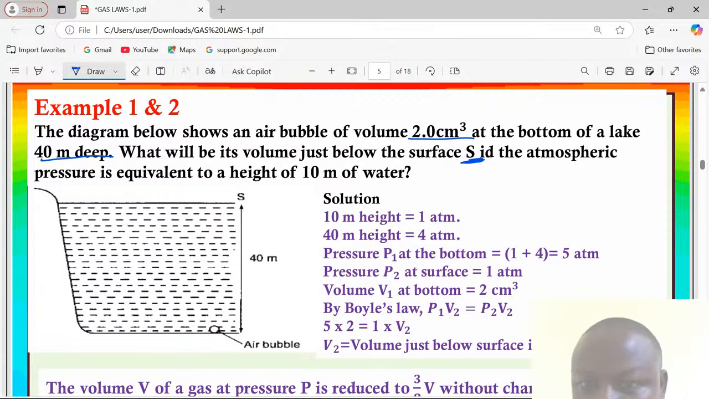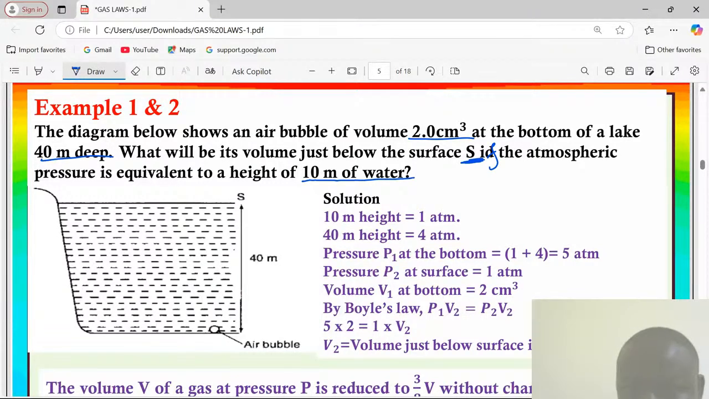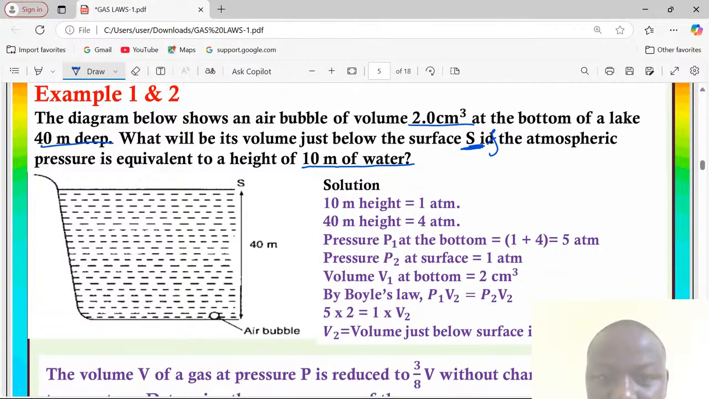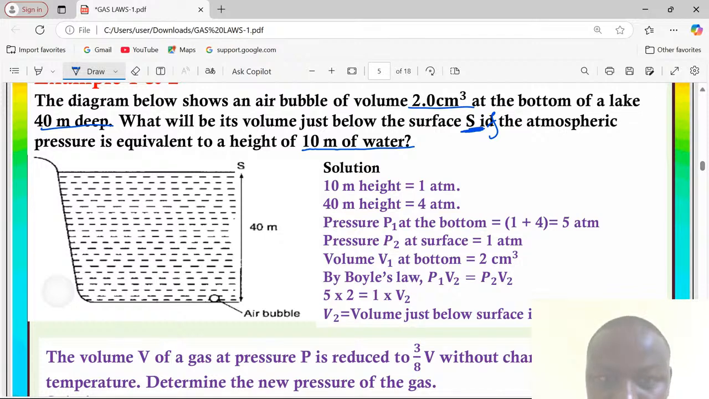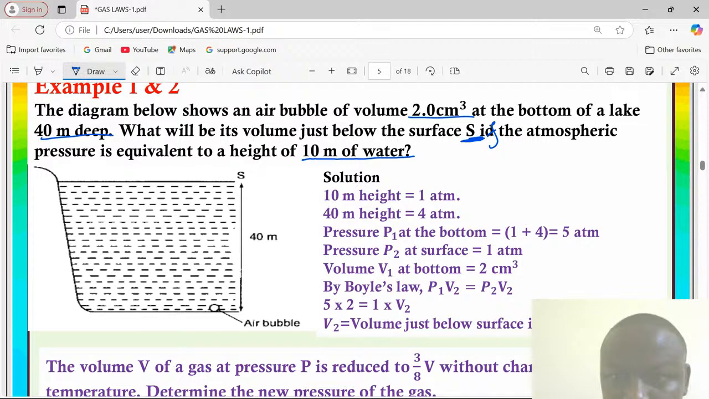Just below the surface. If the atmospheric pressure is equivalent to a height of 10 meters of water. Now, when you are told 10 meters of water, and that is the value of atmospheric pressure, you know we are supposed to know that